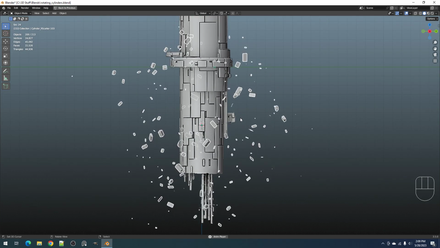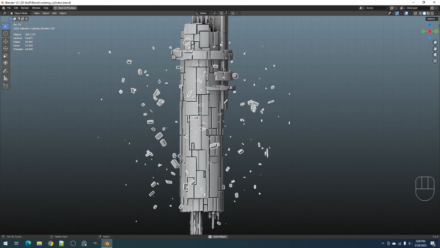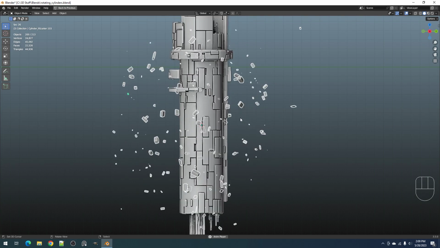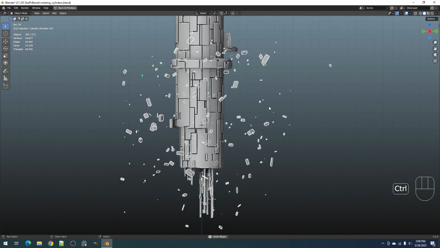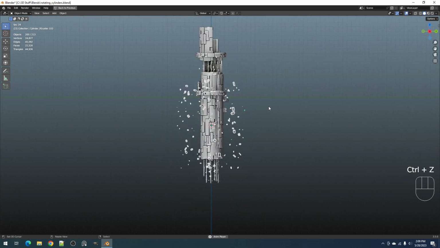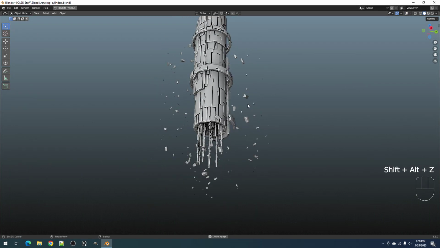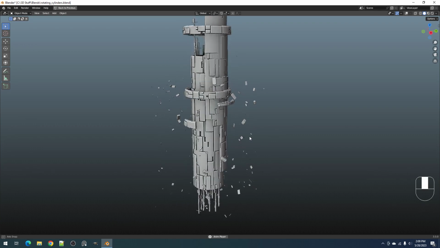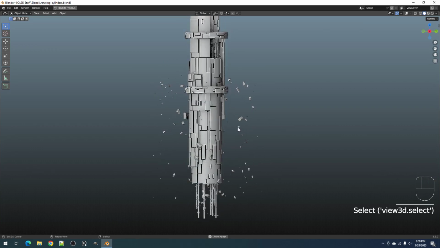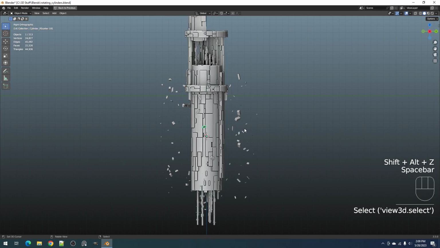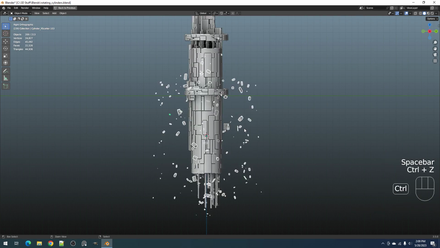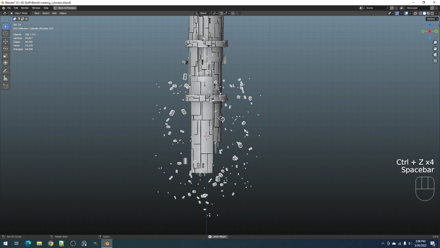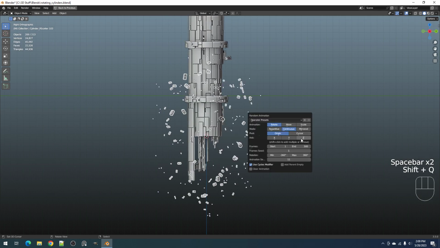Okay, this is good. Yeah, we can also just. Oh wait, rotate? Yeah, there we go. Rotate it,